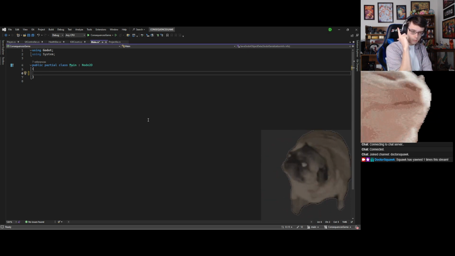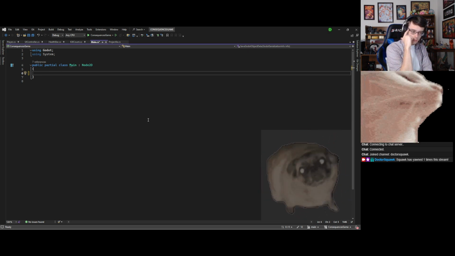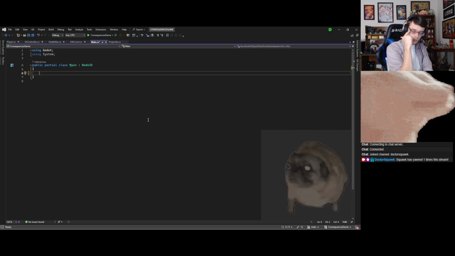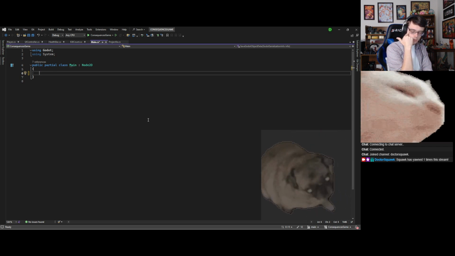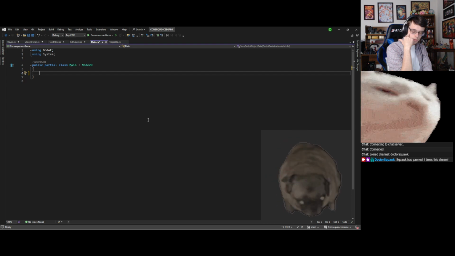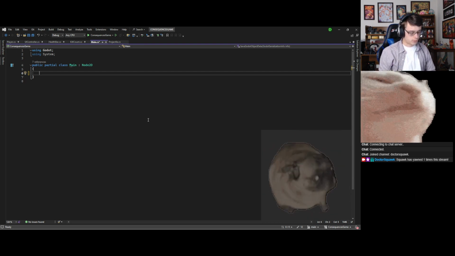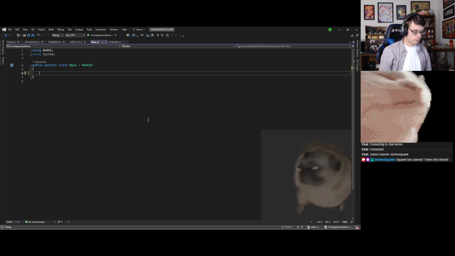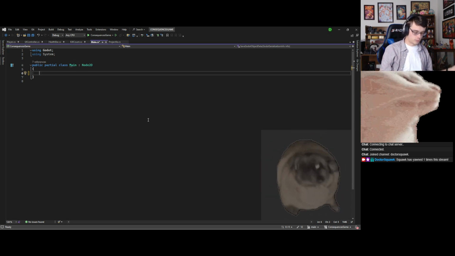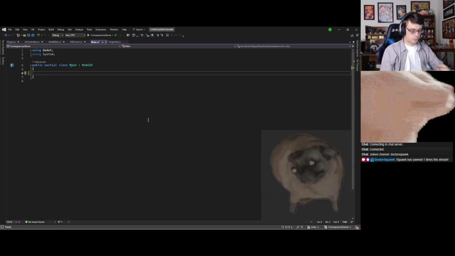This gets attached to a signal in the player that says the player has died, or that a transition is happening in general. It's going to have to be on both, I guess.